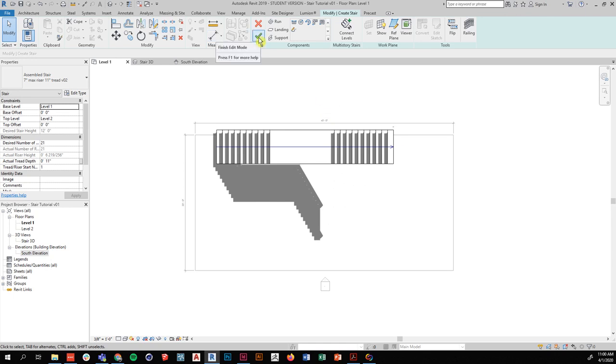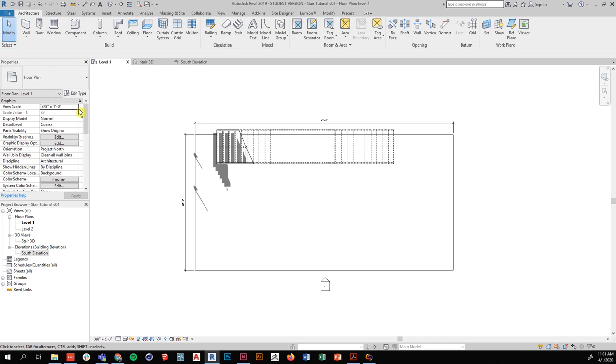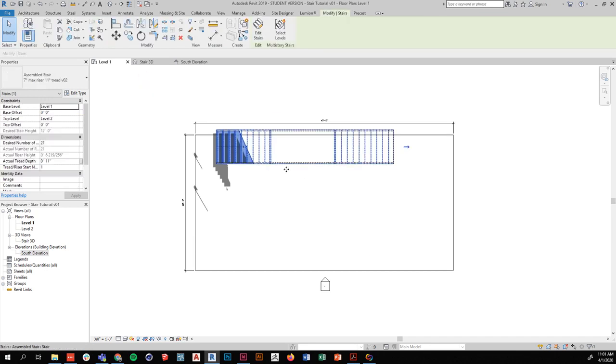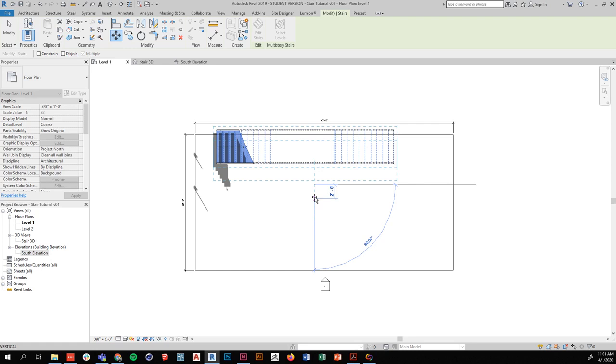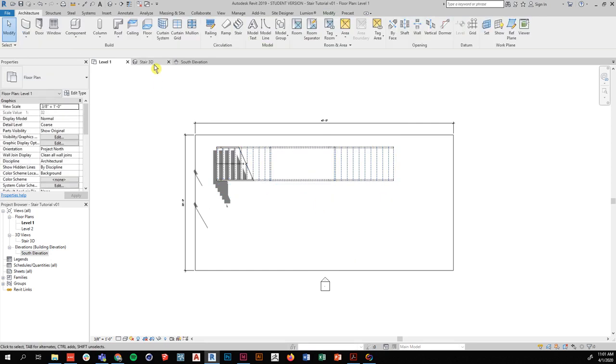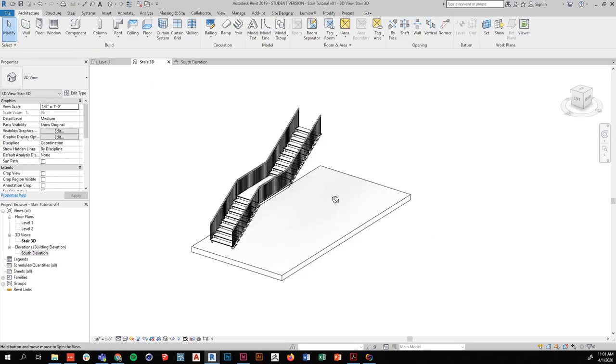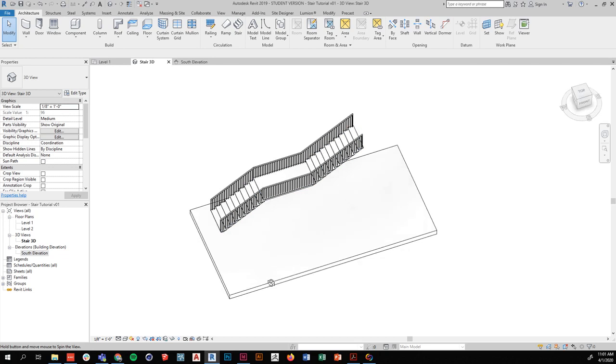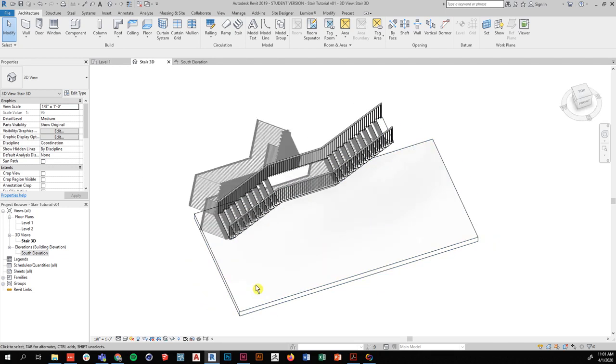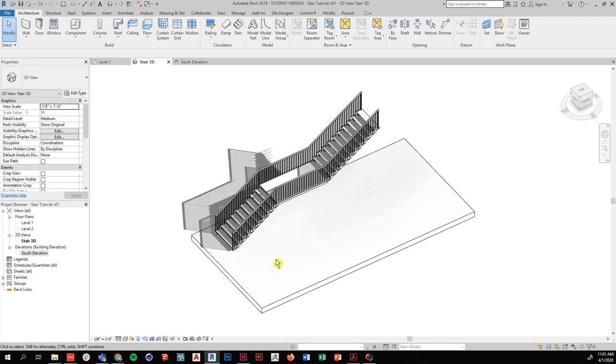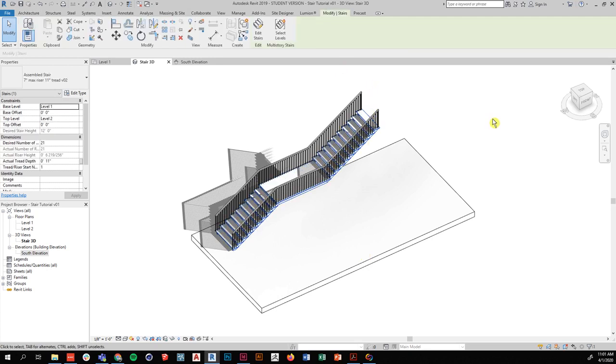All right, I'm just going to hit the green check. Okay, we have our stair by component made. Thank you, Revit, for making that actually quite easy to model something that's actually quite complex. But there it is. Okay, but let's say now that I want to manipulate this stair so maybe it has a different shape on the bottom or the top, and maybe the landing has a slightly different form to it. So what I'm going to do is click on the stair,